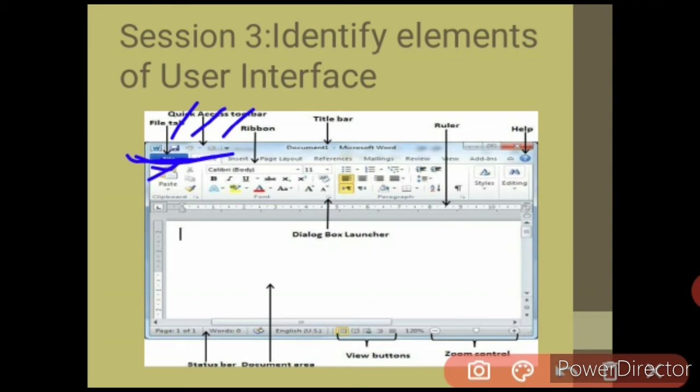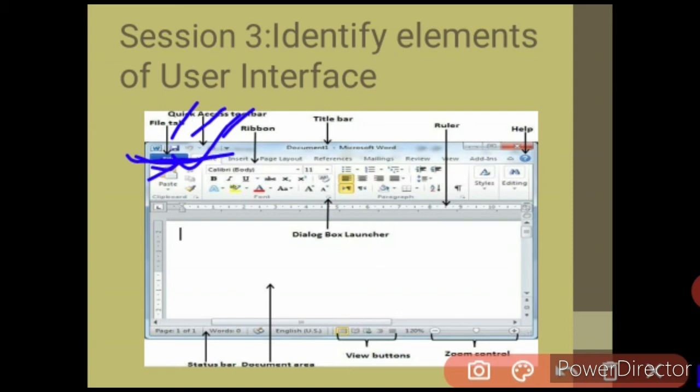We apply Ctrl plus Z, right? But here we also have an arrow, and this arrow works as Ctrl plus Z, or you can say the undo option. So this is the Quick Access Toolbar.